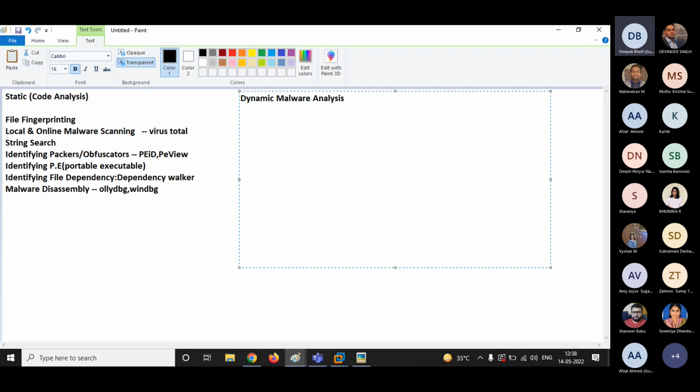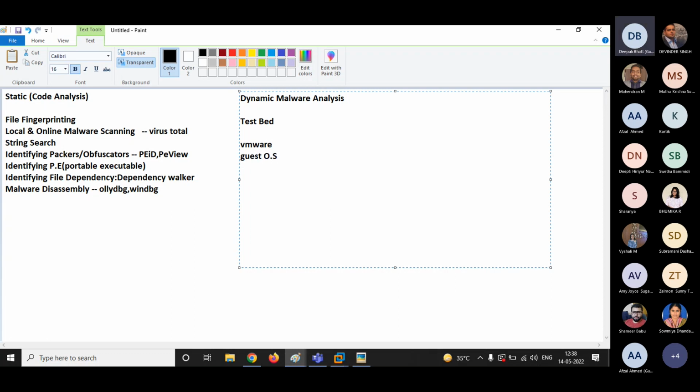So first, to perform dynamic analysis, you will require a test bed, that is a sandbox environment. In that test bed you will be installing VMware and guest operating systems.